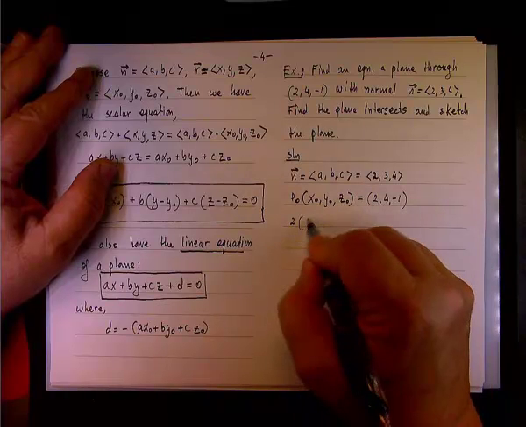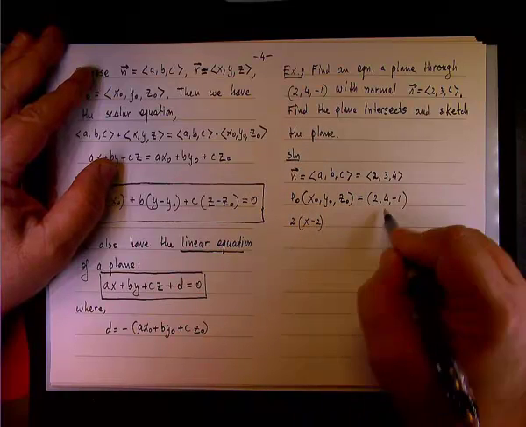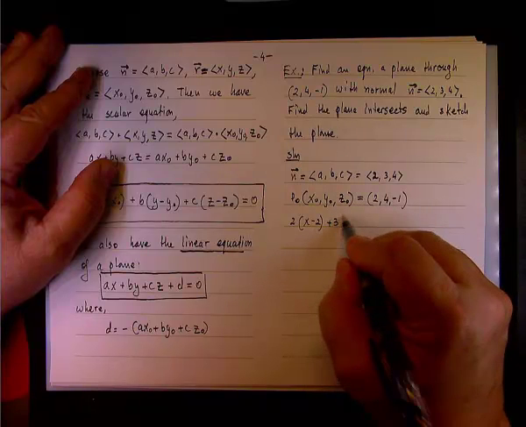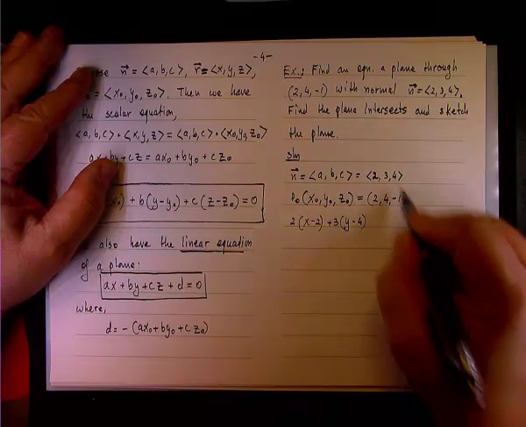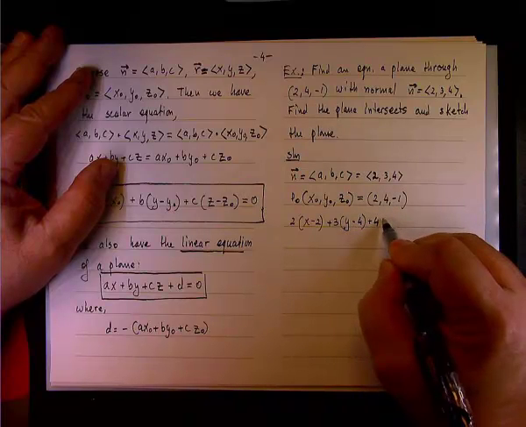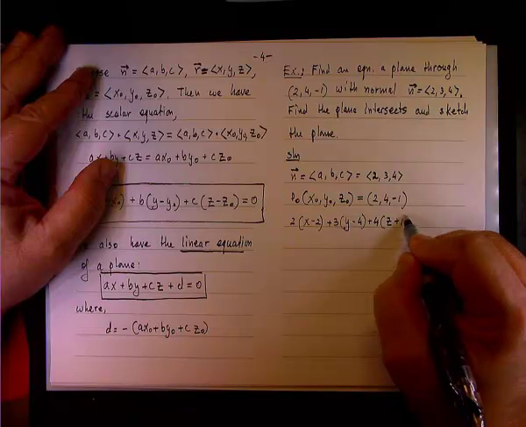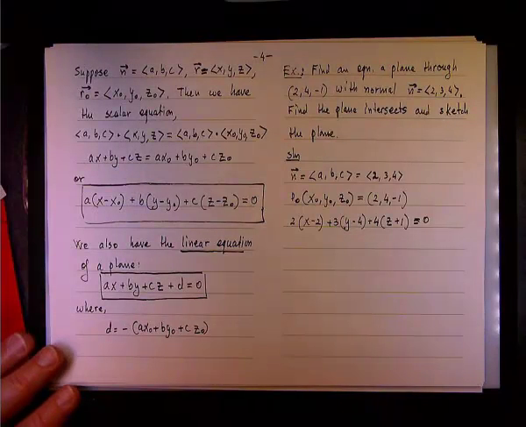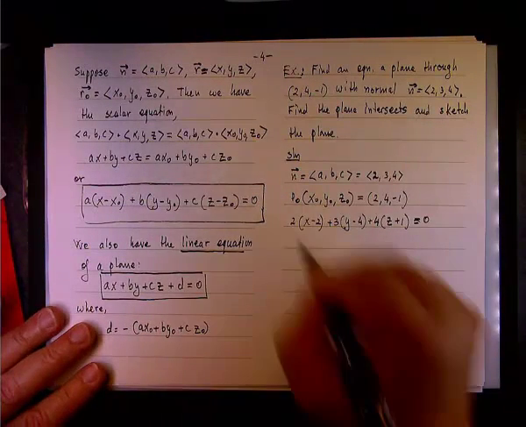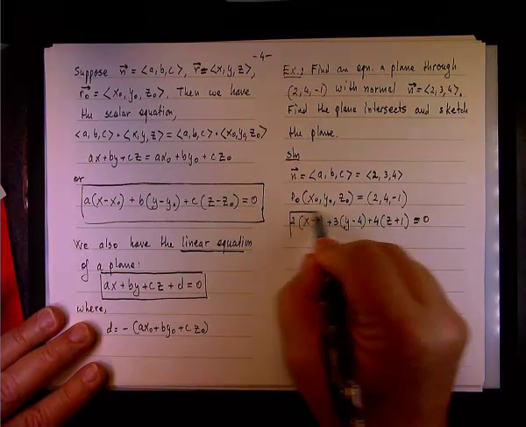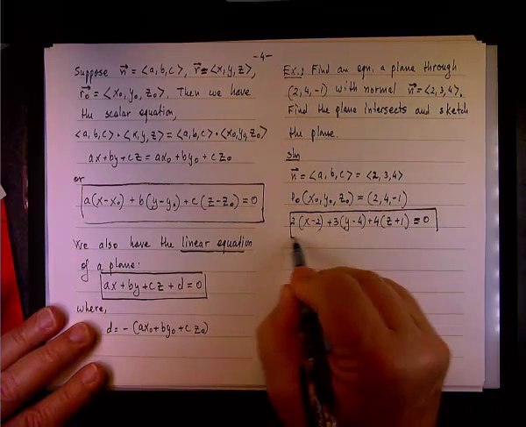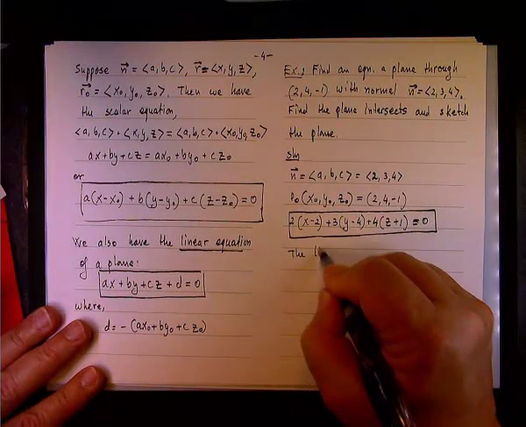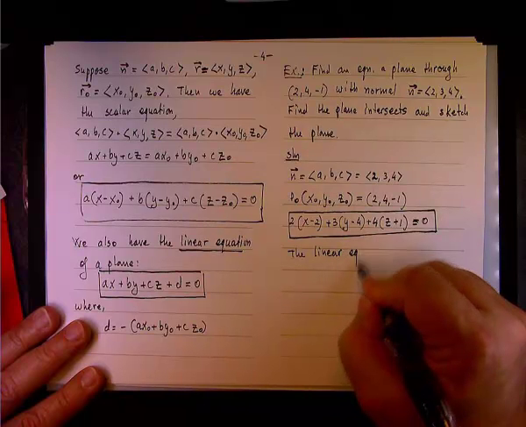And now all we need to do is write it in this equation. Okay, so we have 2 times (x minus 2), x sub 0, plus the other direction number is 3 times (y minus 4), and the last direction number is 4 times (z plus 1), and all of it equals 0. Okay, and this is good enough an answer. If we want the linear equation, this is the scalar equation. The linear equation